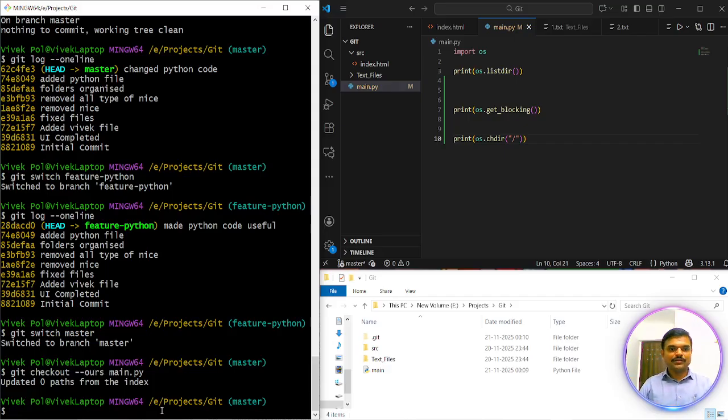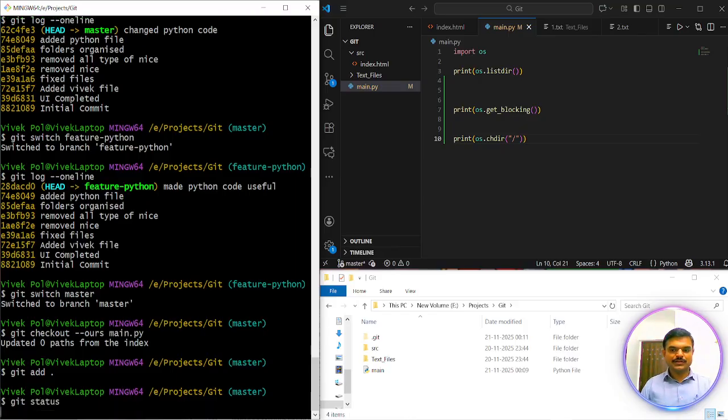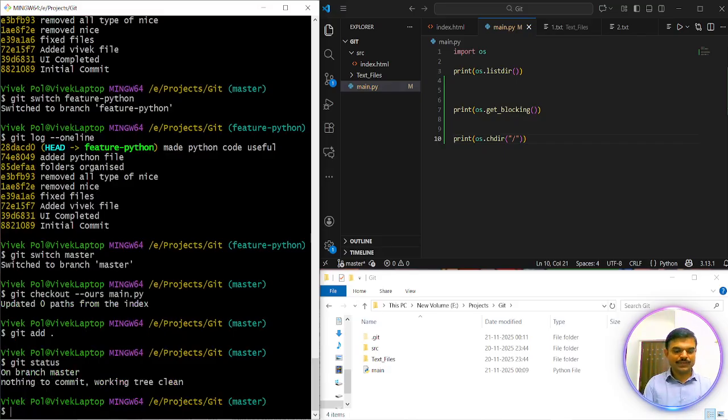Okay, now you can also check it out on your side, by writing the code git checkout theirs main.py. After that, use git add space dot, hit enter, git status, hit enter,